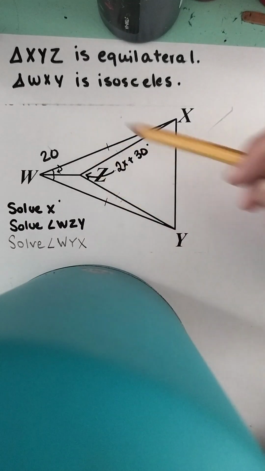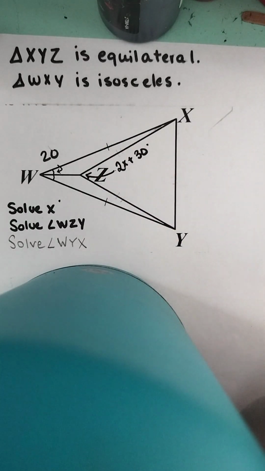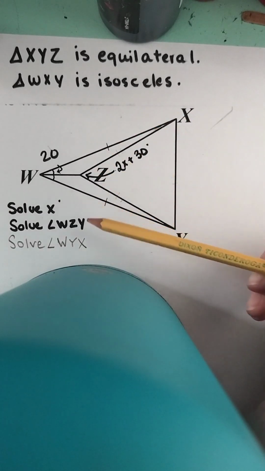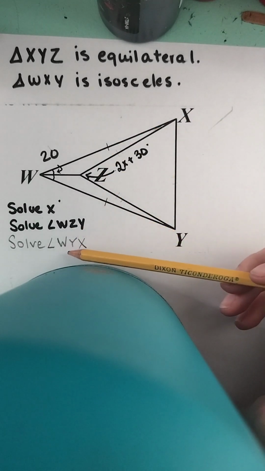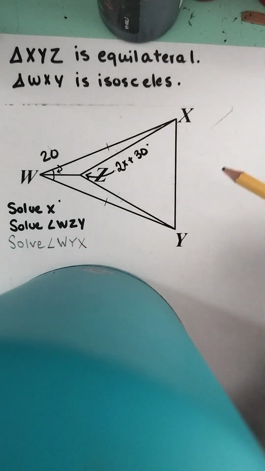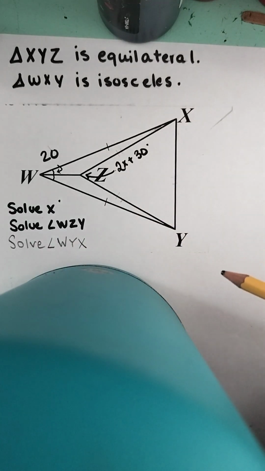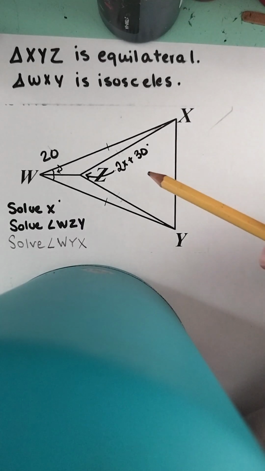Alright, so we've been given this triangle, WXY, and we need to solve for x, the measure of the angle WZY, and the measure of angle WYX. And so the first thing we're going to want to do is write down our given information. We were given that